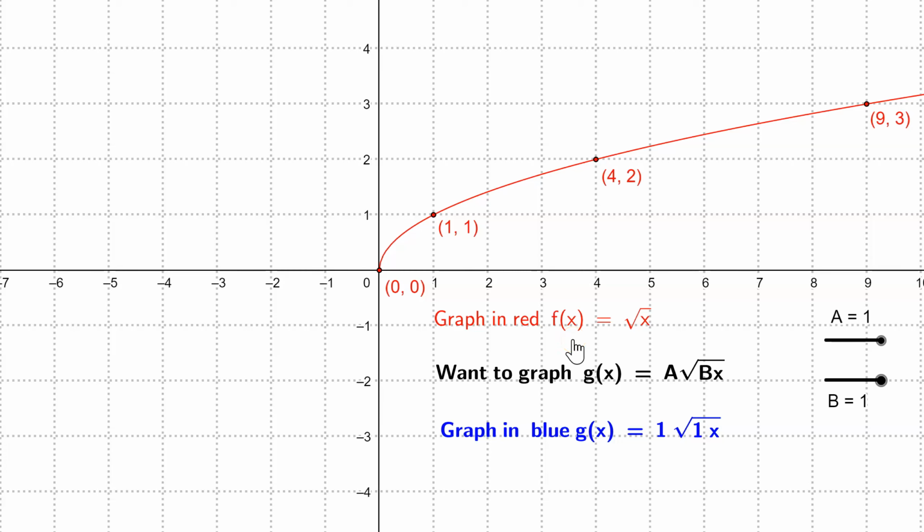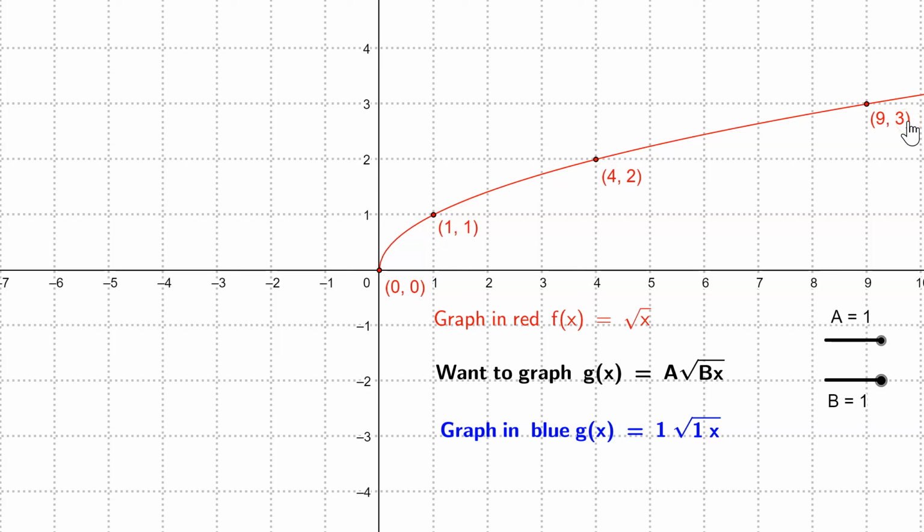In this video, I'm going to introduce both vertical and horizontal reflections of a parent graph. The parent graph I'm using is f of x equals the square root of x. Here it is graphed in red along with 4 accurate points on the graph. In order to get accurate points, the x values are perfect squares, so when you take the square roots, you